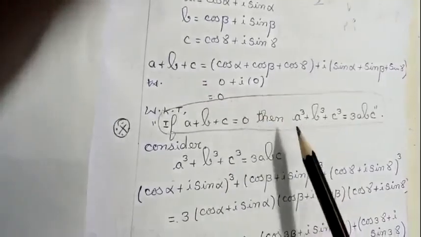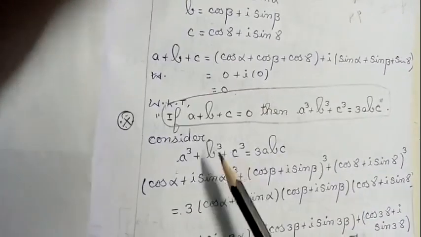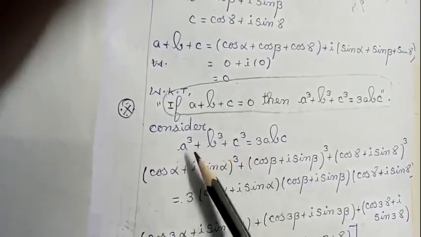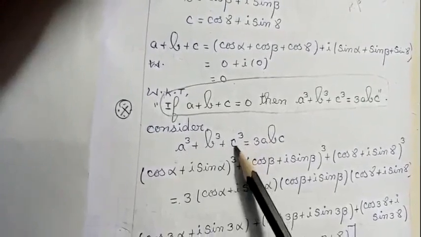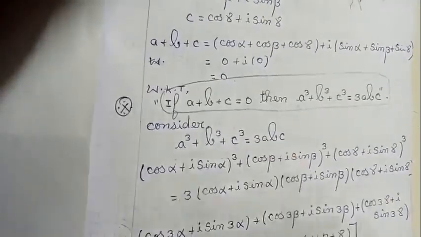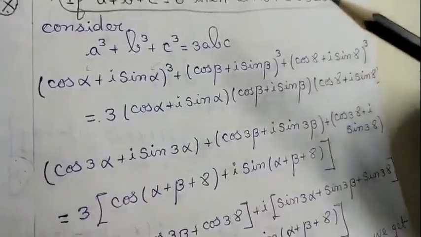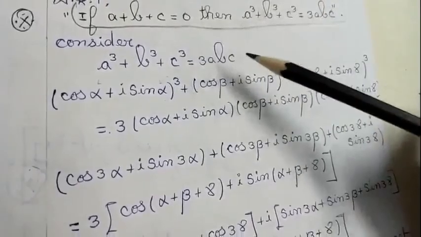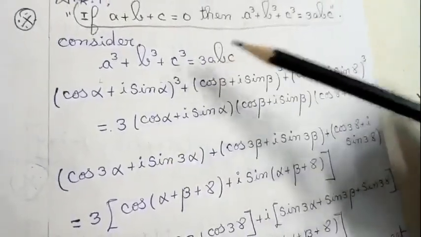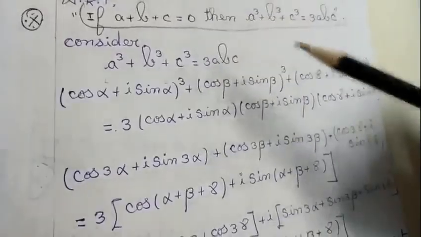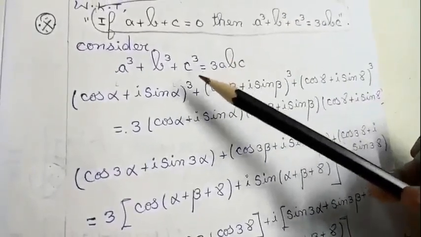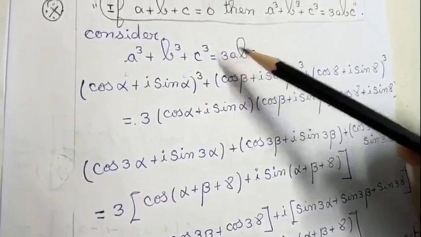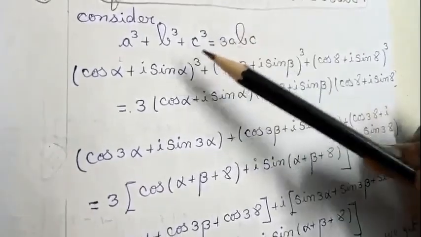So I can come to the next part, that is, if the property is satisfied, directly this condition will also be satisfied, that is A cube plus B cube plus C cube equal to 3ABC. Since A plus B plus C equal to 0, I am directly using the property A cube plus B cube plus C cube equal to 3ABC. Now left hand side I am having the value, right hand side also I am having the value. Just see the notation A, B, C. I am using 3 notations on left hand side and right hand side.